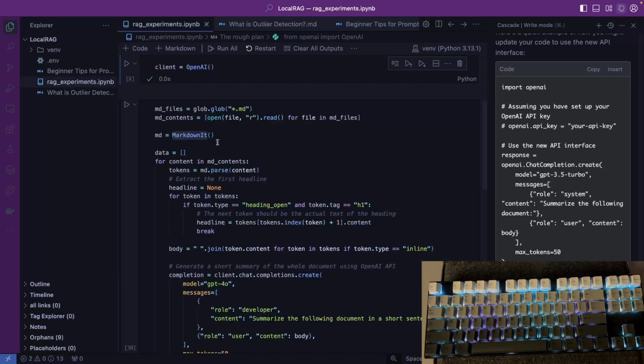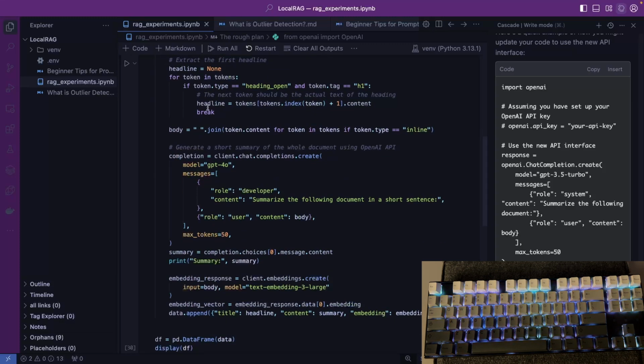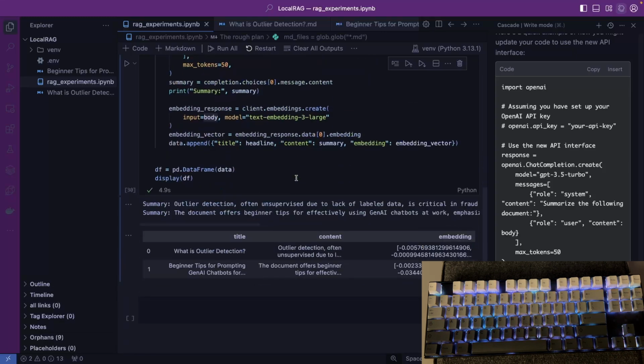And then we have gone through all the Markdown files, and in a very ugly chunk of code we have extracted the heading, created a summary, and created an embedding of the whole body. We don't yet know how good the embedding is because we haven't queried it, but I think this is a good first start, and I hope this was more relaxing for you than for me, because I was a bit